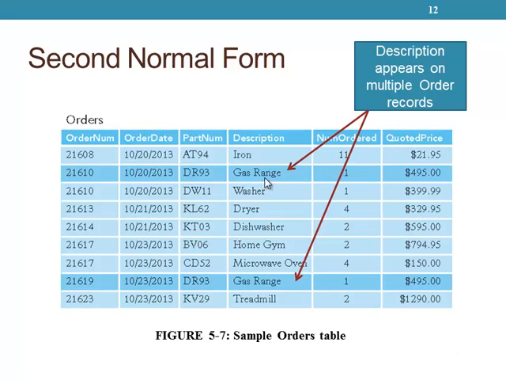The problem with having the same description in two different places is, what if we go back and change the model or the description of this and say gas range with built-in hood? Suppose you needed to change that. Do you have to change it in every existing order? Everything that's been written before? So that's the problem. There are too many places where you would have to go back and change that data.